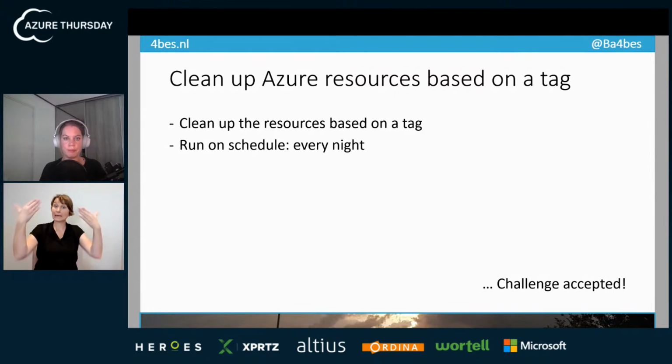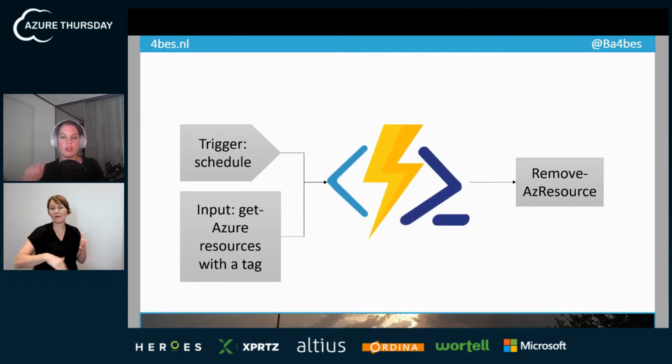Challenge accepted. Now the thing is, this doesn't sound too complicated. It sounds like you could do this. You could do a trigger on a schedule, and that input, this is not completely how it would work because it's not input on a function app level, but this is just to get an overview. Within the function, I would say get AZ resources with a tag, and then I would remove the AZ resources